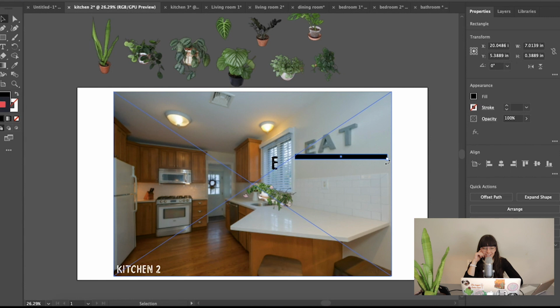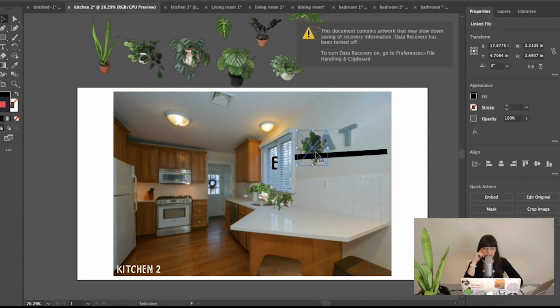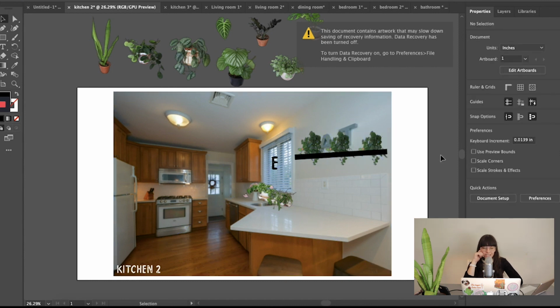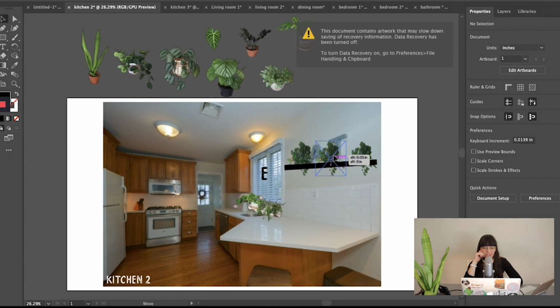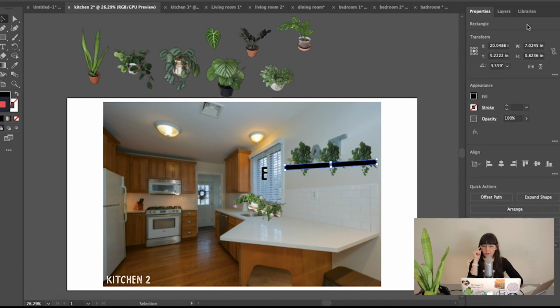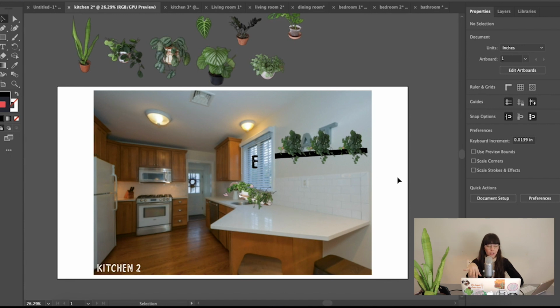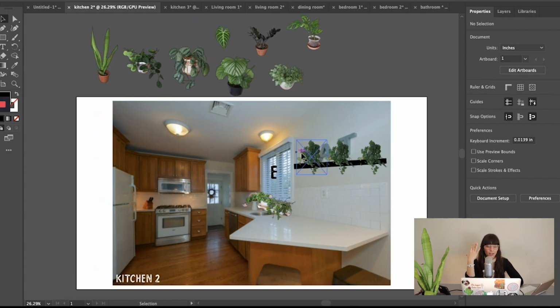Awesome design work. Yeah, I'm going to put some of these here just because I feel like that would be really cool to have like three pothos. And obviously these are standing in for the pothos because I don't have a photo of my pothos. I don't know why I didn't add that in. Actually, I think that would have been a better option. There we go. That is already a very planty kitchen,